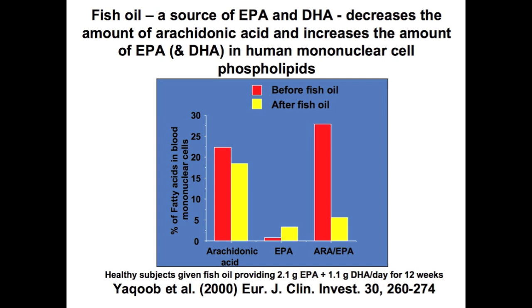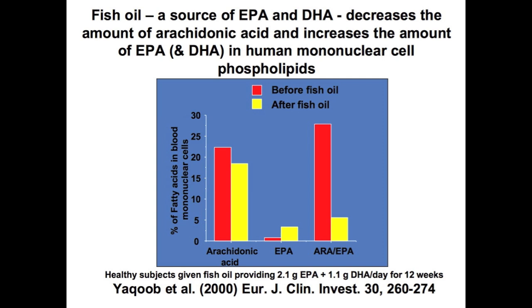You'll see there is a small but significant reduction in arachidonic acid, and there's a large rise in EPA and also in DHA, which isn't shown here, and that changes the ratio of arachidonic acid to EPA quite markedly. And probably this sort of ratio is quite important in determining what the cells are doing, because these are two, if you like, alternative fatty acids that end up having different functions. So the relative amounts of those two are probably quite important, which is something hopefully I will draw out of my talk. So this is what happens after 3 months.